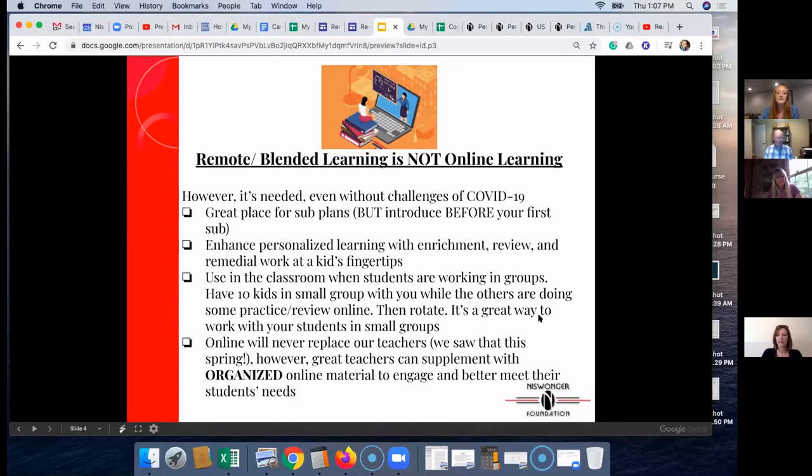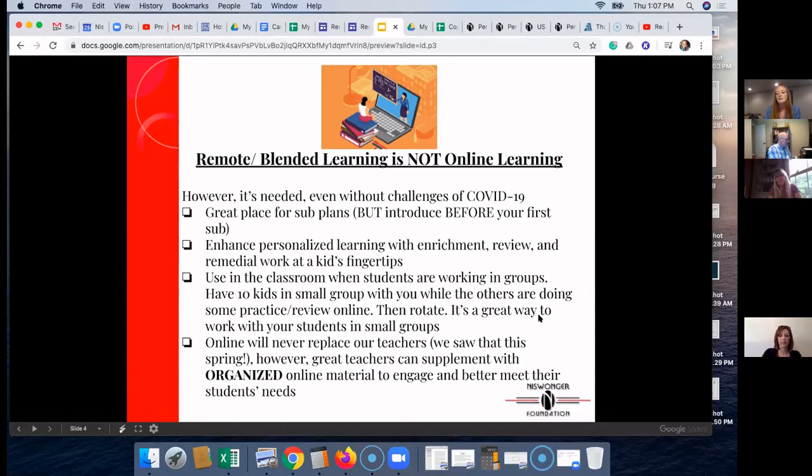Some of you may have seen this before, but I have to stress with everybody that I talk to that what you're creating right now is going to be a great tool for you in your classroom. Whether COVID-19 ever happened or not, this is going to be an amazing thing to help you better meet the needs of your students.